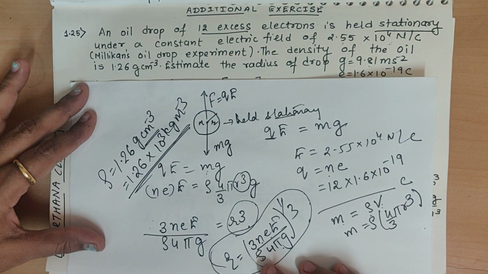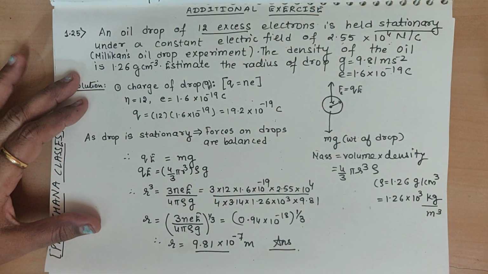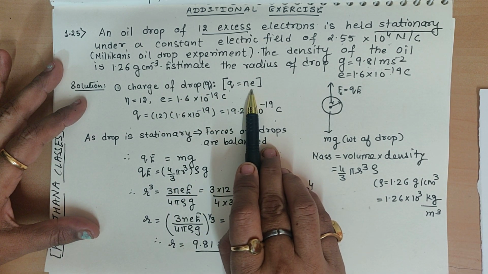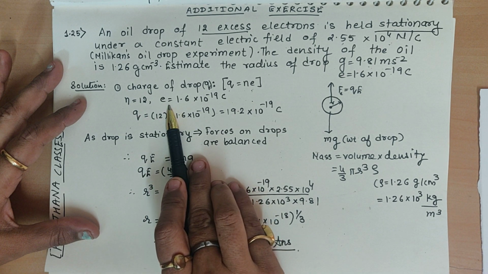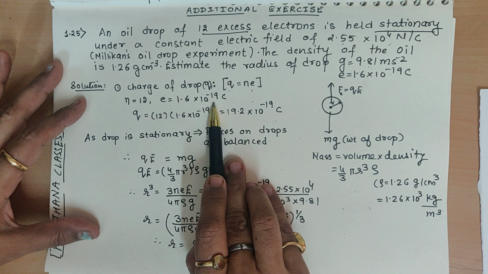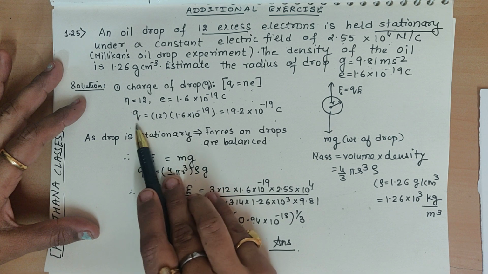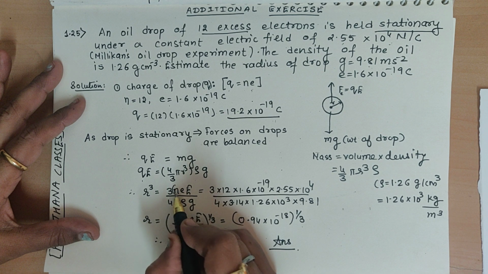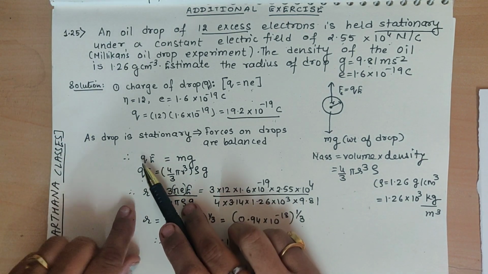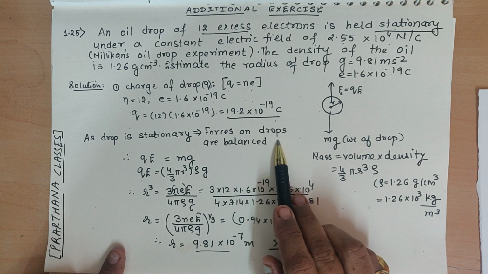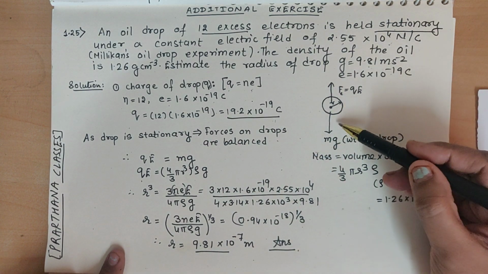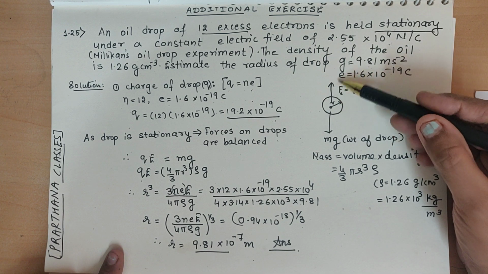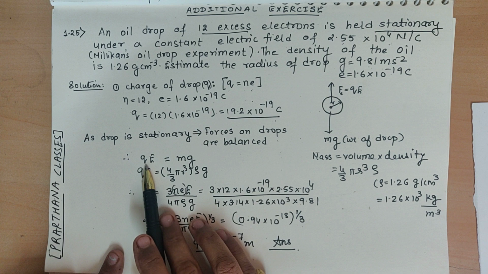Fine. So just substitute the value. See, we have already done here. The charge of a drop is q is equal to ne. n is 12 given to us. e is 1.6 × 10⁻¹⁹. So if we find out directly, q value you get this much coulomb, or you can write directly q as ne over here. Fine. So you know that the drop is stationary if and only if these forces get balanced with each other. Which force? That is the weight mg in the downward direction, and the force due to an electric field, that is in upward direction. So we have equated this equation.